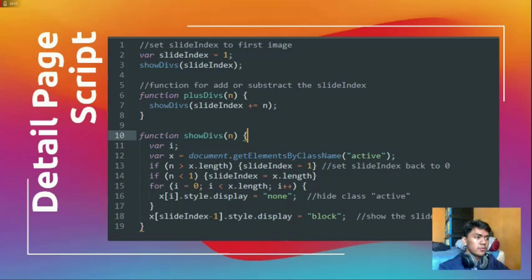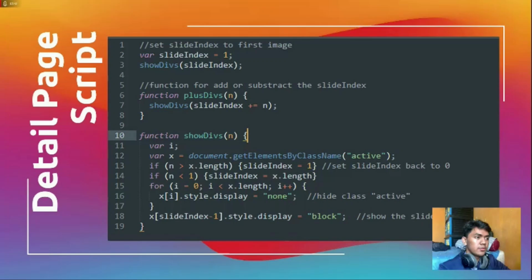So the next is the detail page script. First, set the slide index to 1, the first picture, then call the showDiv function to display the first image. When the user clicks one of the buttons, it calls the plusDiv function. The plusDiv function subtracts 1 or adds 1 to the slide index.